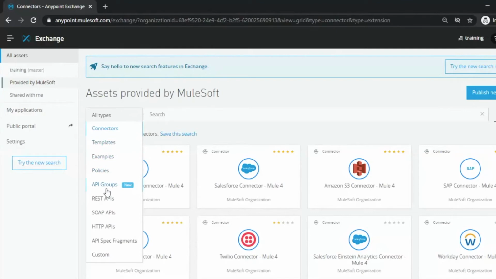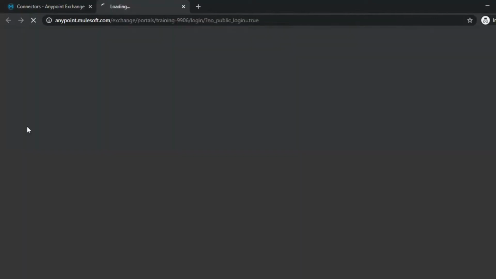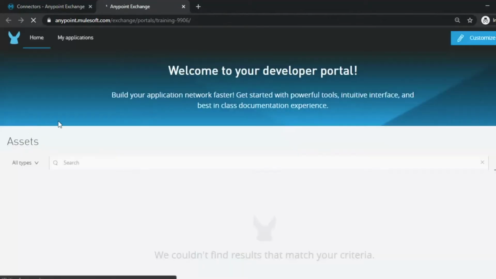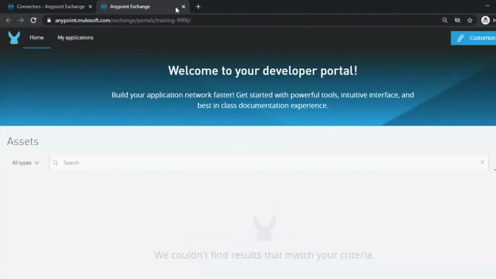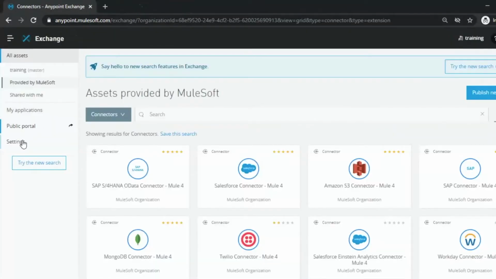You can filter various different assets which are available. Now you can click on public portal. I don't have any API published, but you can publish your API once you create it, and it will be accessible to your business partner development team, and your internal development team can also see the API specifications.